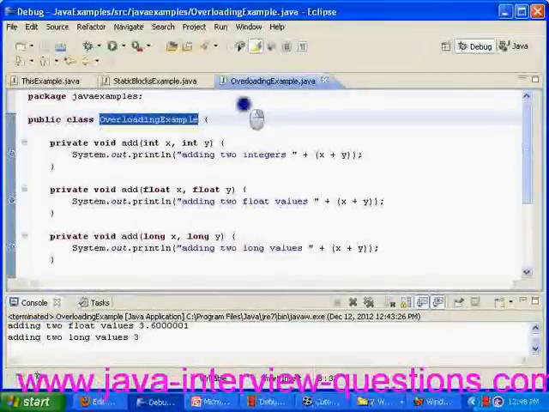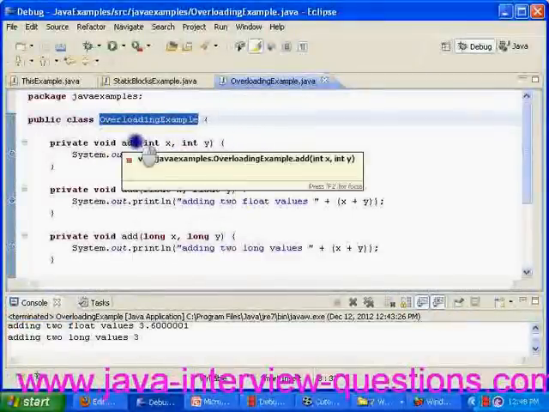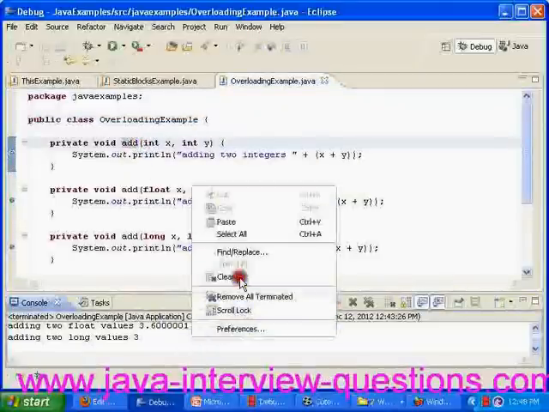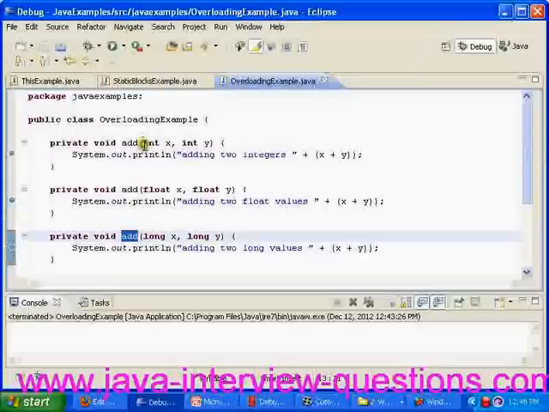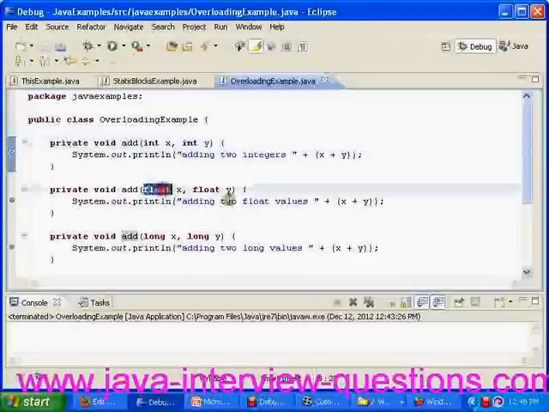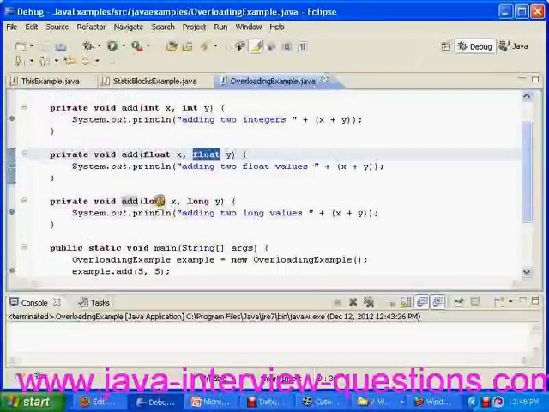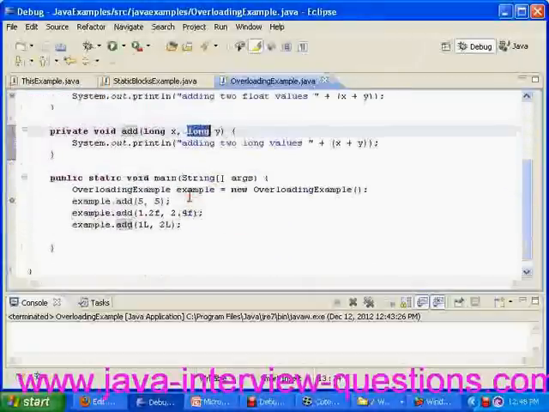I have written an overloading example. Now I am defining three methods with the same method name, add, but they take different arguments. One takes int x, int y, the other method takes float x, float y, and the third method takes long x, long y.